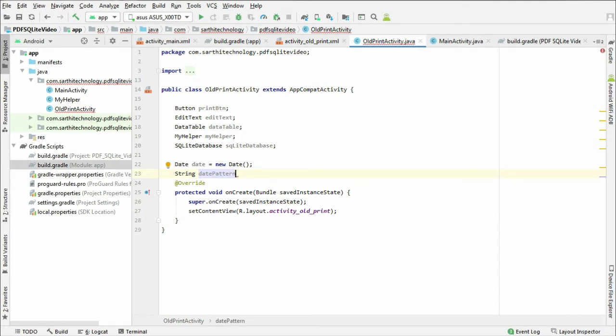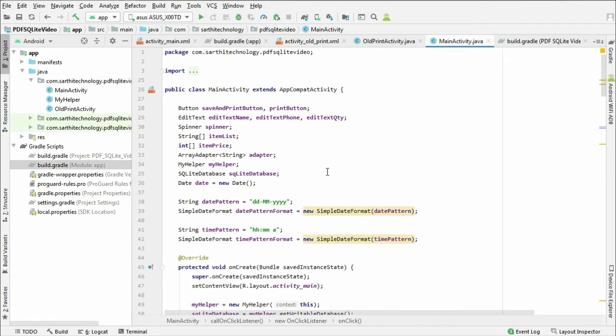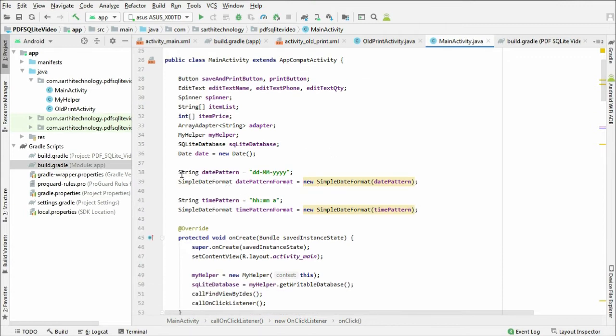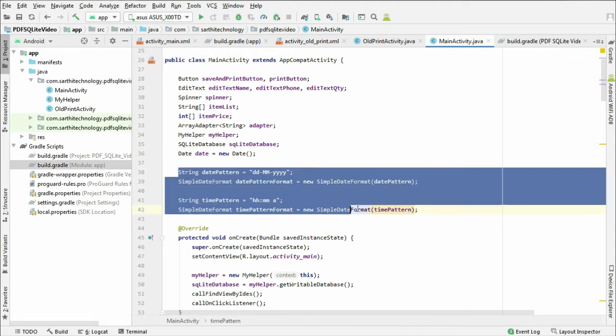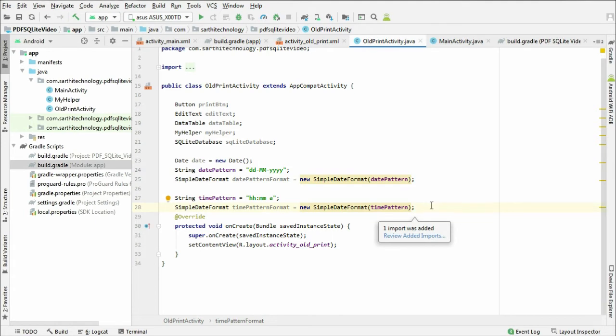You can just copy from the main activity. So go to the main activity and copy this. Okay, paste. Now initialize in the onCreate.